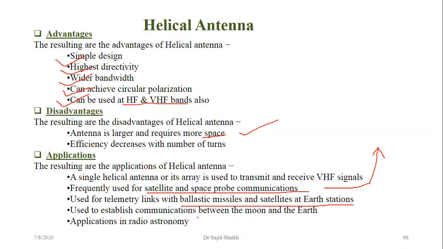And the third one, which we just discussed, is space communication. Space communication means whatever signals are coming from the galaxy, and at the Earth station we receive those signals and analyze whatever activities are going on in space. So to receive such types of signals, we need a helical antenna. With the help of a normal antenna, it is not at all possible to receive such signals. So the signals coming from the moon or some other galaxy also.